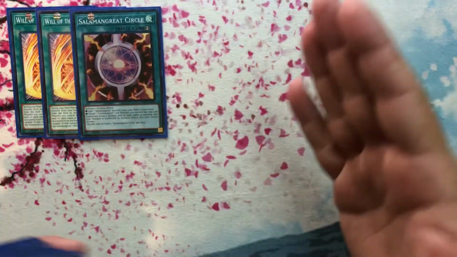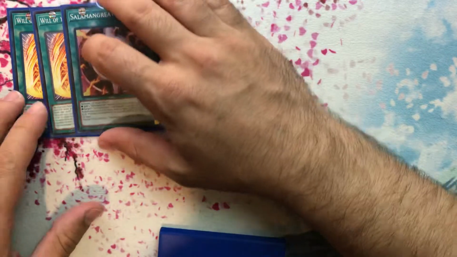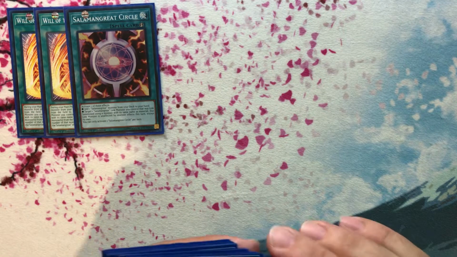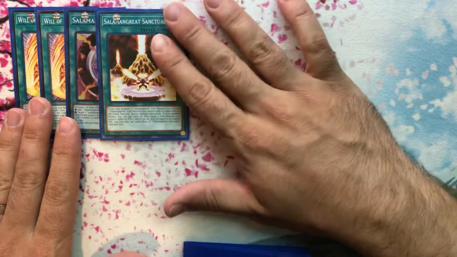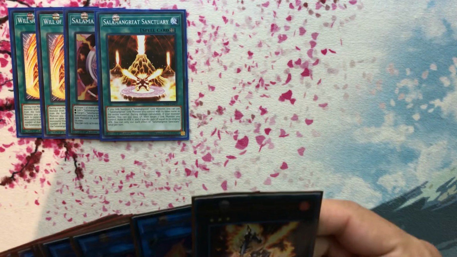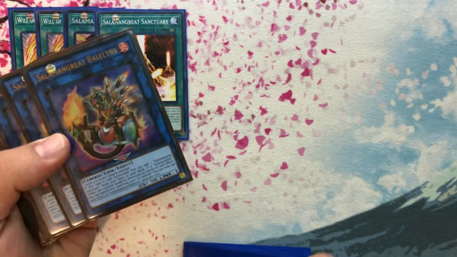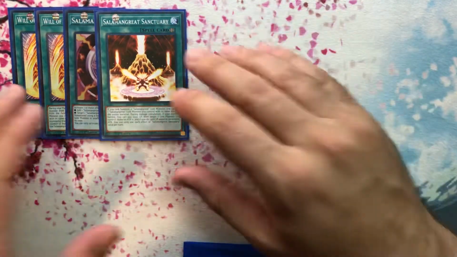1 Circle, we'd play 50 of them if we can, but it's limited to 1, so you play 1. It searches any Salamangreat from your deck to your hand. We play the 1 Sanctuary, because your first Link summon is almost always going to be Balinks, or it should be Balinks every single time. And this is going to search your Sanctuary. But Sanctuary is kind of the key most of the